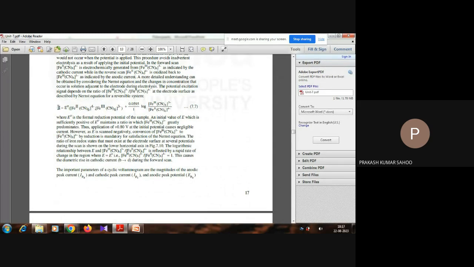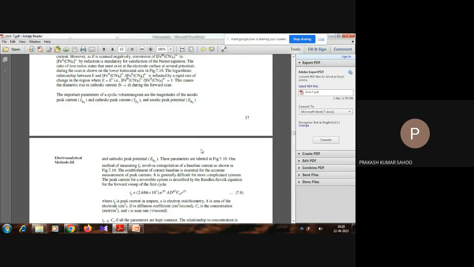This will be the E cell, the net cell potential. It is equal to the standard reduction potential of iron 2 to 3 plus 0.0591 by n, and here the number of electrons transferred is 1 because Fe3 plus to Fe2 plus is 1, log concentration of ferric by concentration of ferrous. So by putting all these values, we have